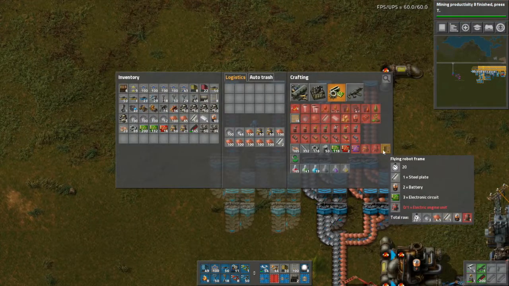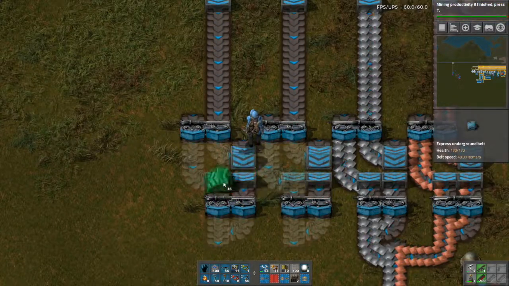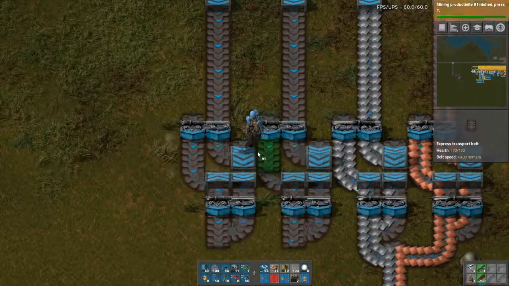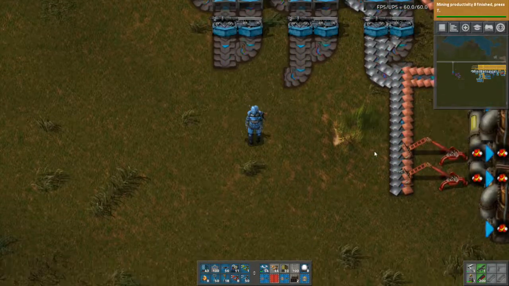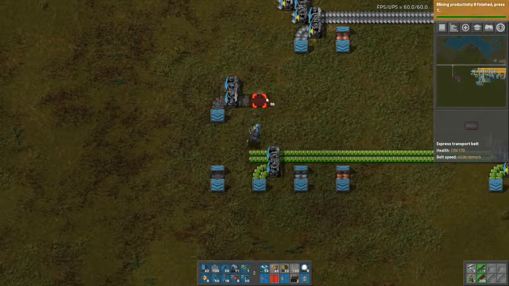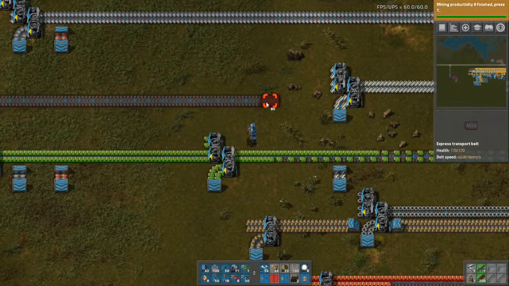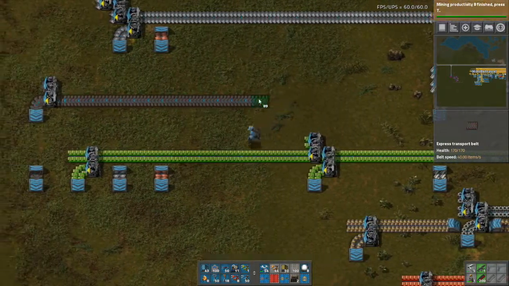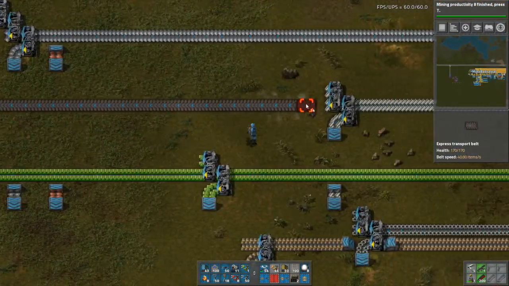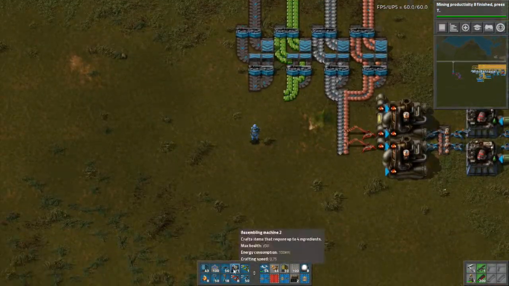Let me just make sure the ratios are alright. Yeah, we can have these both on one side of one belt as well. Three, four. I'll figure out where I want the actual machine to go in a second. Ah, bollocks. Rookie error over there. Okay. Got some steel running down here. Okay, and